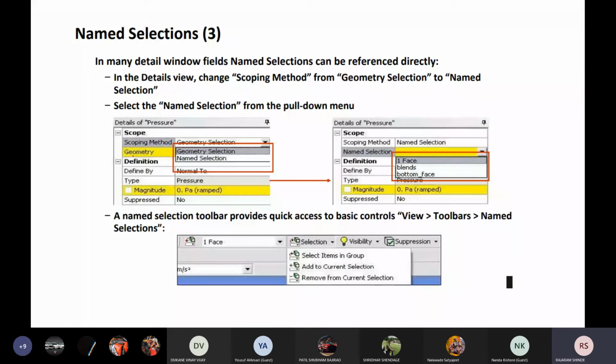In front of scoping method there is geometry selection. In place of geometry selection, you can change it to named selection. Now select the named selection from the pull down, and you select the name or group of names.